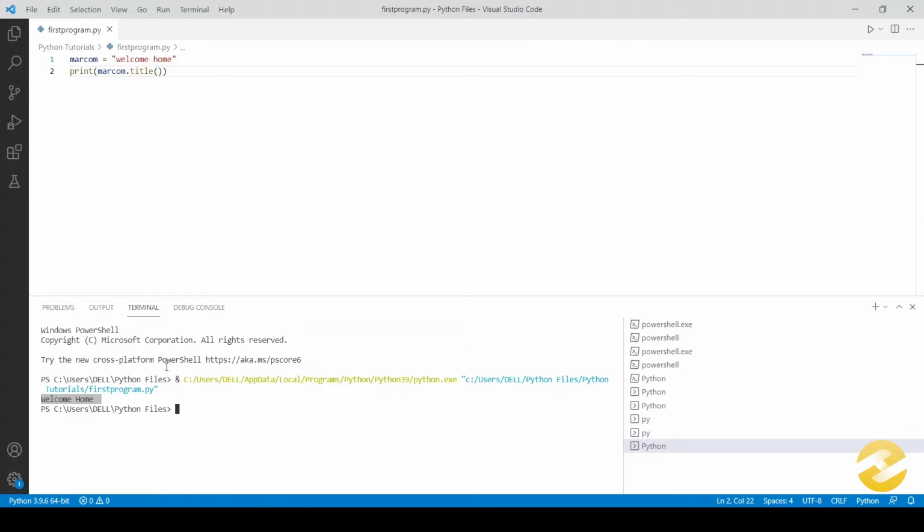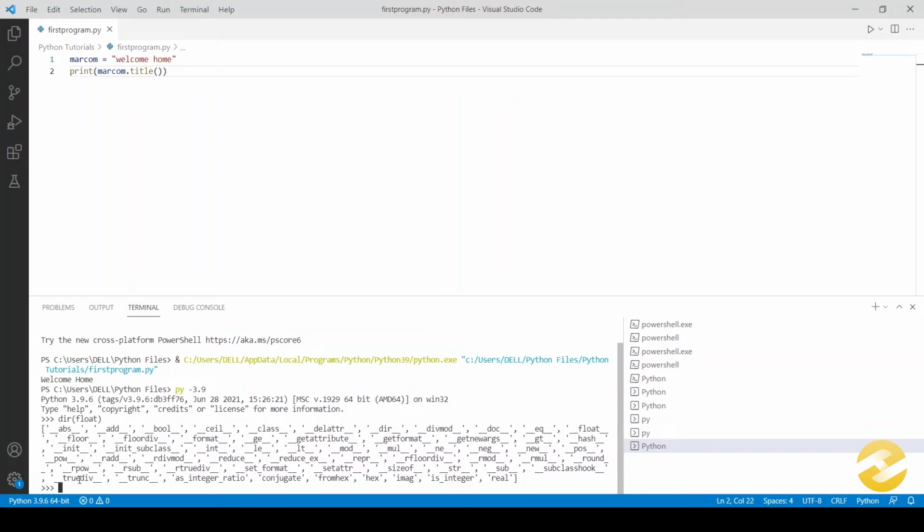Now from there, I would go on to float. And let's see what the various things are which are available for a float. So I'd go again over there, Python 3.9. That's great. Now we are here where we can see these three arrows right here, and I would say dir float. And from here you can see that we have been able to find all of the things which we can do with a float. So let me see what exactly we can do. So, is_integer. Okay, fair enough.